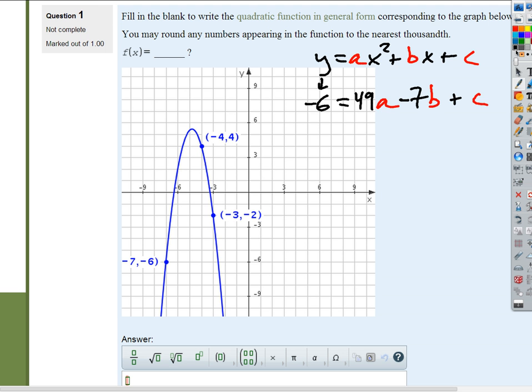Second one would just look like when x is -4, y is 4. So 4 equals 16, -4 squared a,